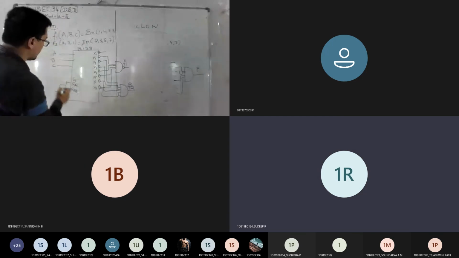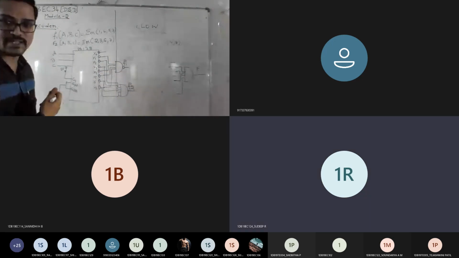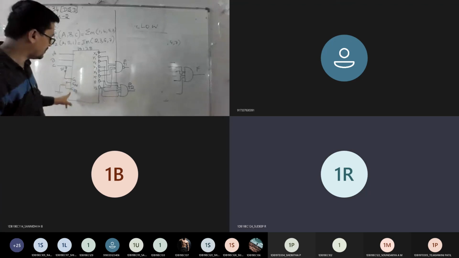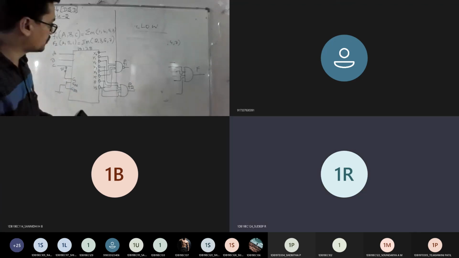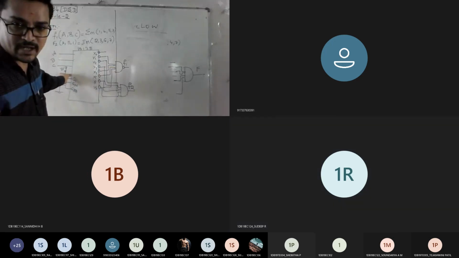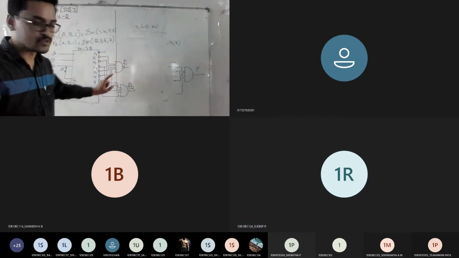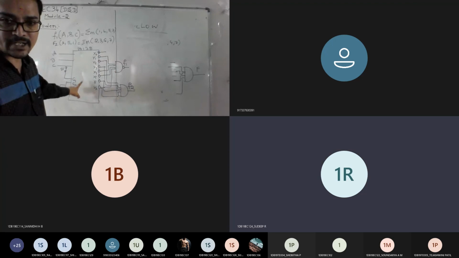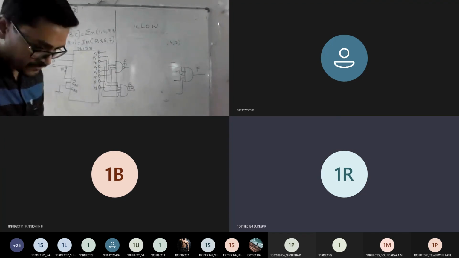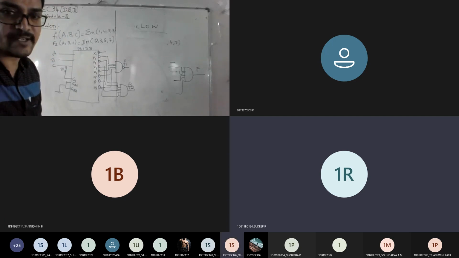You make one enable high, so that is your supply. I can give some 5 volt supply. This is the only change you should remember. If you make all 3 enable pins ground, then there is no output; F1, F2 you can't implement. So make one enable pin active high, because only if this is high will the inputs be fed and I can get my output. Make sure out of 3 enable pins, 1 is active and 2 are grounded. Am I clear? Is it fine here?